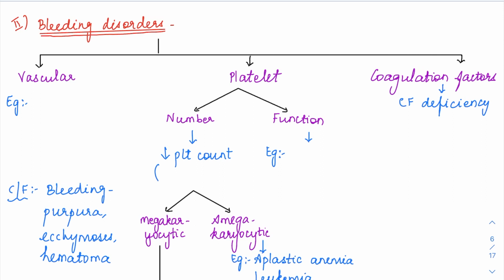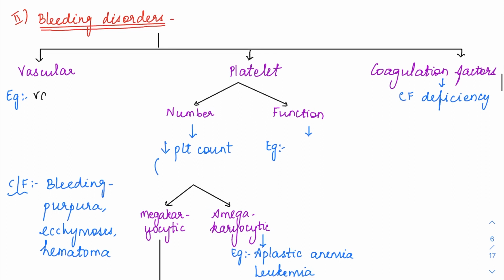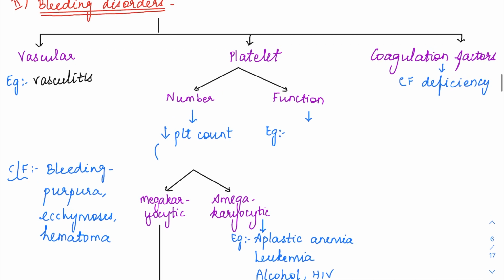Under vascular disorders, it is usually some kind of vasculitis which is weakening the vessel wall and causing the breakage of the vessel. So vasculitis can result in a bleeding disorder. Apart from that, we can have scurvy, so vitamin C deficiency,